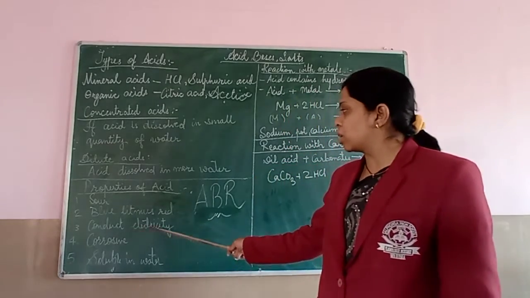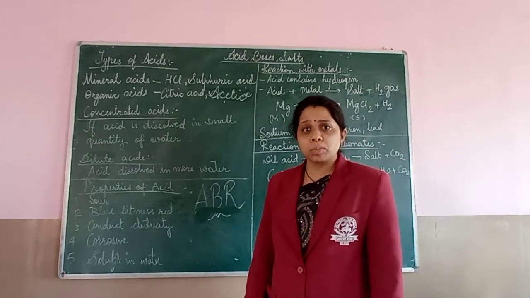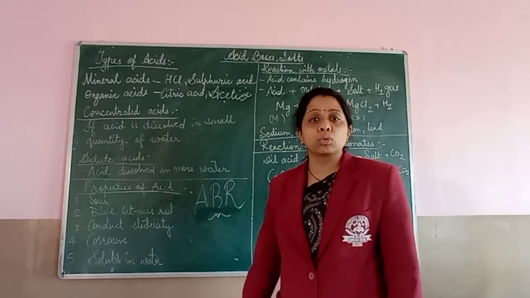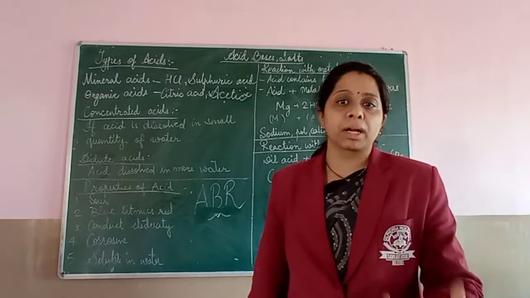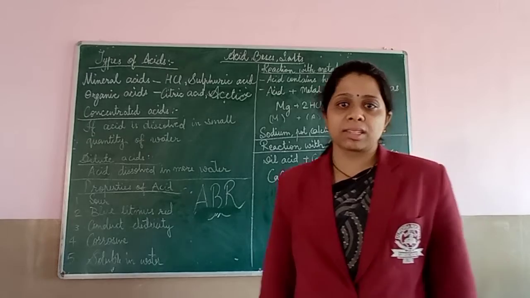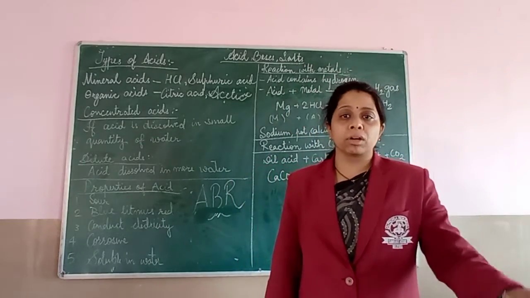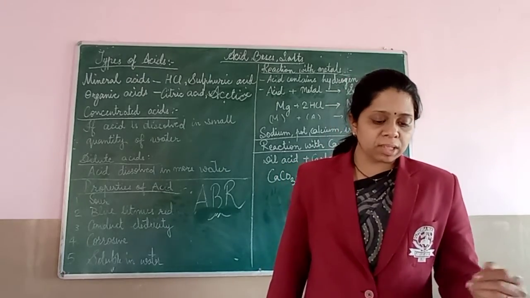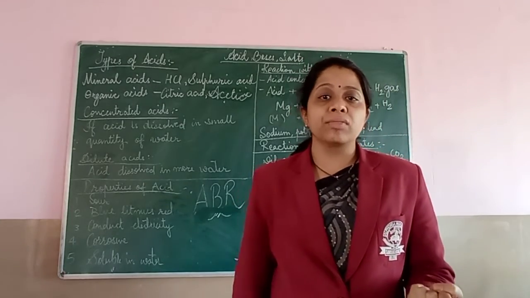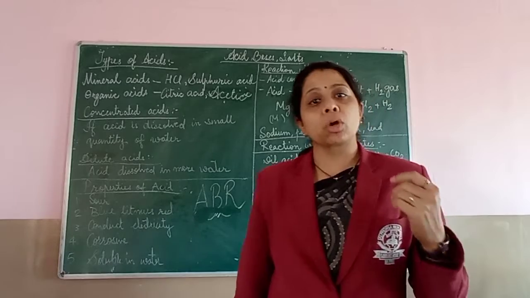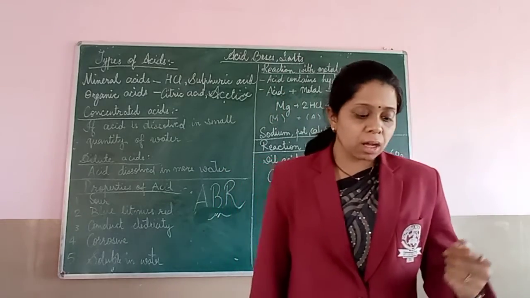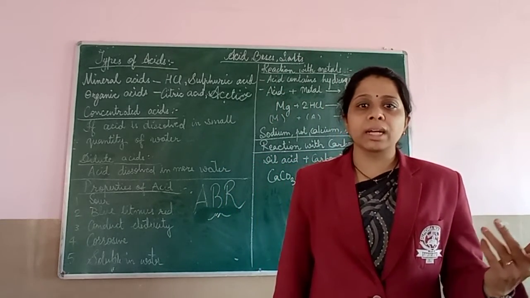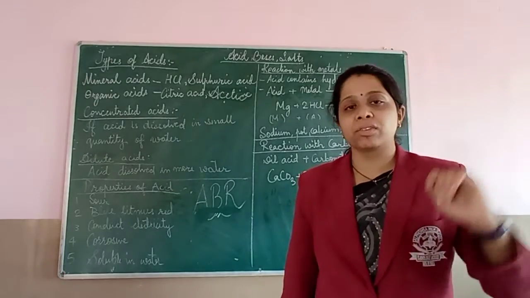That is the exact meaning of conduct electricity. Next property of acid is they are corrosive. Corrosive means it causes rusting, corrosion. Rusting can occur if any material comes in contact with acid. Like you must have seen that strong acids can even destroy wood, cloth, and paper. All this can get destroyed because of acid, when any acid falls on it.